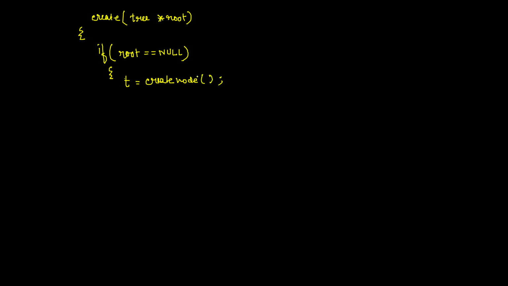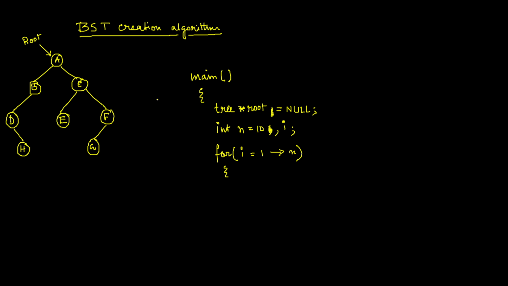This create node function is responsible for creating the node of the tree, right? And then there is nothing to connect because I am creating the tree the first time. The first node is going to be created, so there is no scope for adding it to the previous part of the tree. So that's why I can just return. I can just return. Now when you are returning, since you have declared this root variable within the main function, that means the scope of this root variable is within main only.